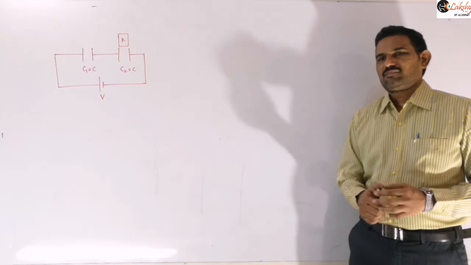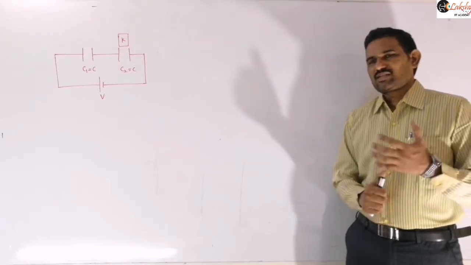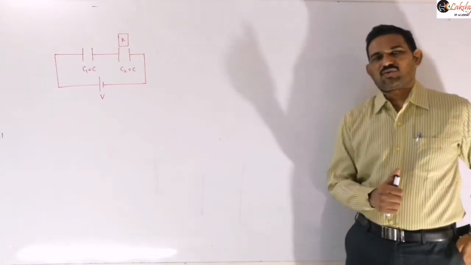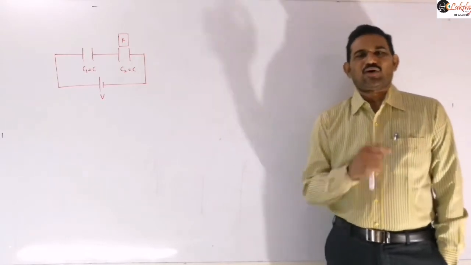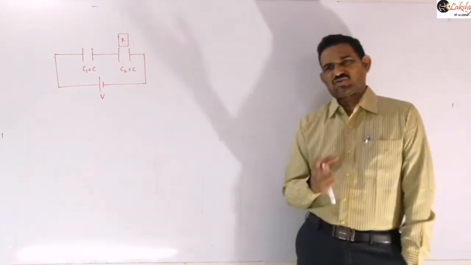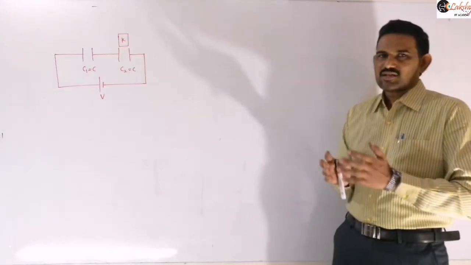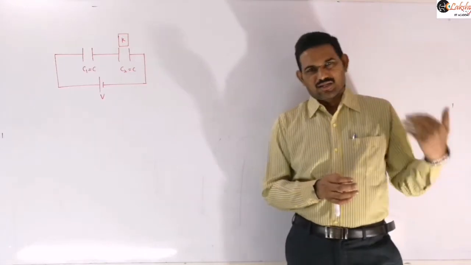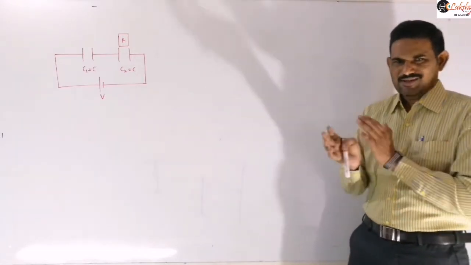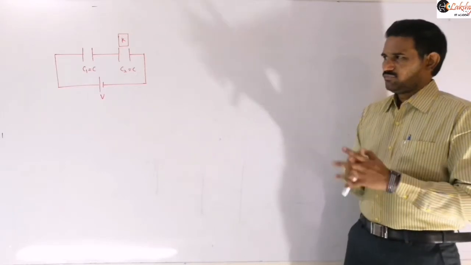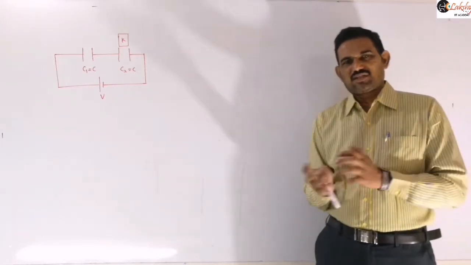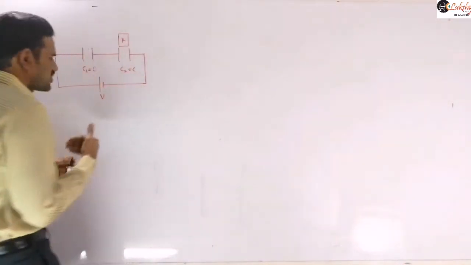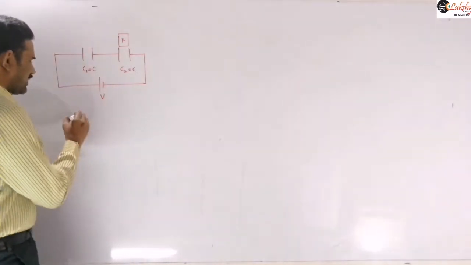Find the final charges on the capacitors and the final potential difference across the capacitors. They may ask for the ratio of the charges or the ratio of potential differences, or they may ask a theoretical question like whether the potential difference across C1 is increasing or decreasing, and similarly whether that across C2 is increasing or decreasing. They may ask different types of questions like that. So let us derive expressions for these charges and potentials, so that we can answer such questions easily, right?